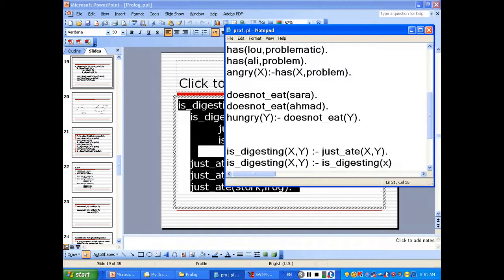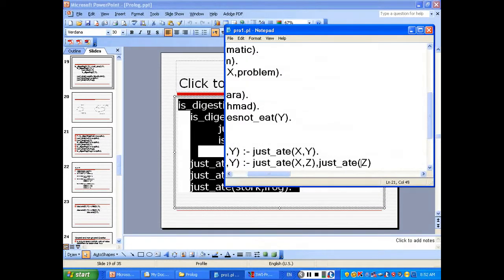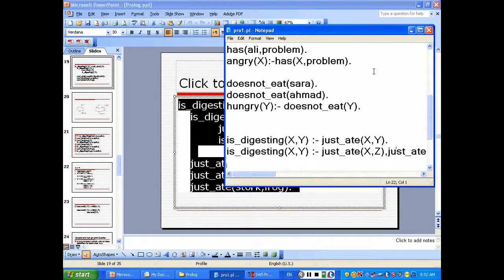So if I say that X, as a variable, is just digesting, let's say Z, okay? Not is_just, is just_ate. X just_ate Z, and Z, a variable, just_ate what? Y. So we find in this format, look here, dears,